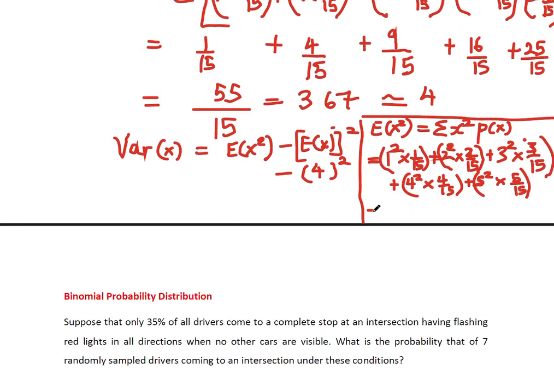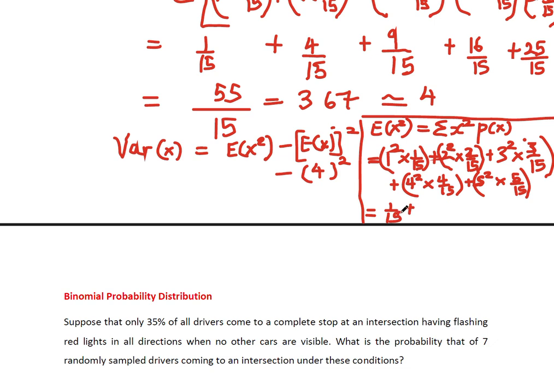In this case, as I said, when we're finding the expected value of x squared, we first square the x value and multiply by the associated probability. So this is going to give me 1 squared is 1, and 1 multiplied by 1 over 15 is going to give us 1 over 15. So it's going to be 1 over 15